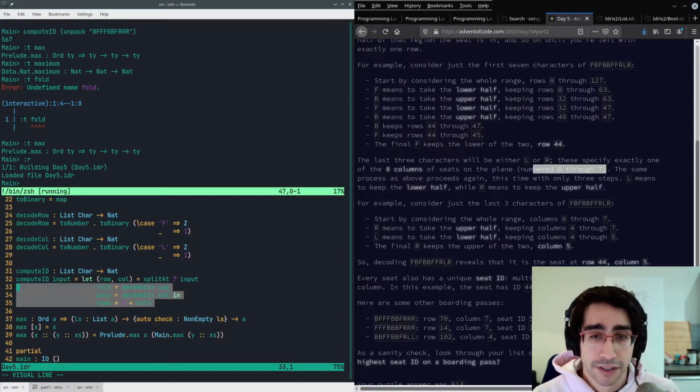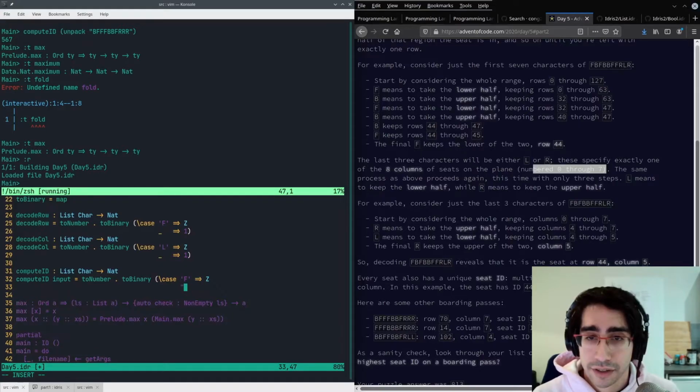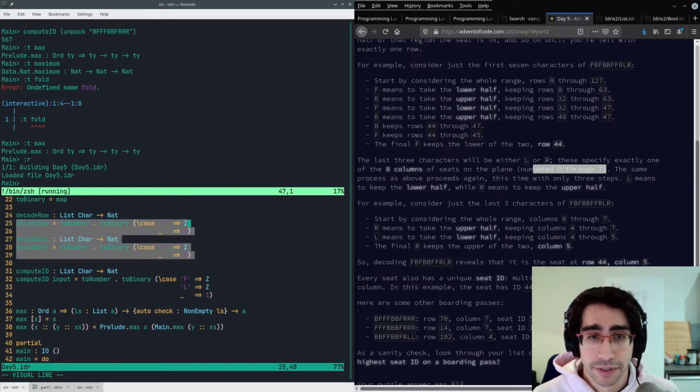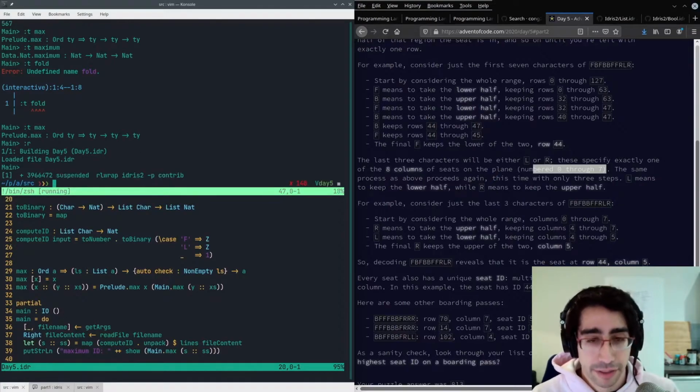What we could have done is simply this. To number, to binary, and case F is 0, and L is 0, and the rest is 1, right? And we don't need this anymore. Right? And if you try this,